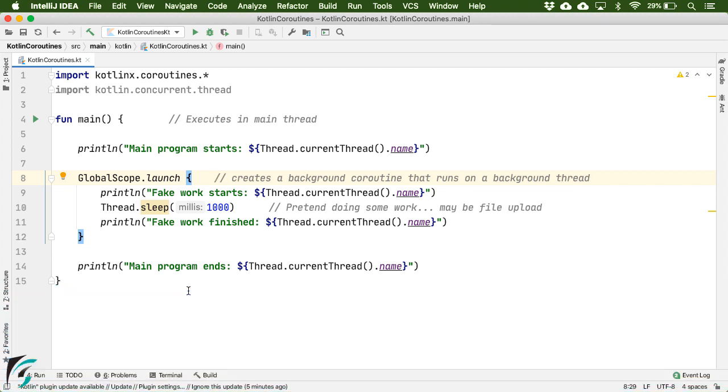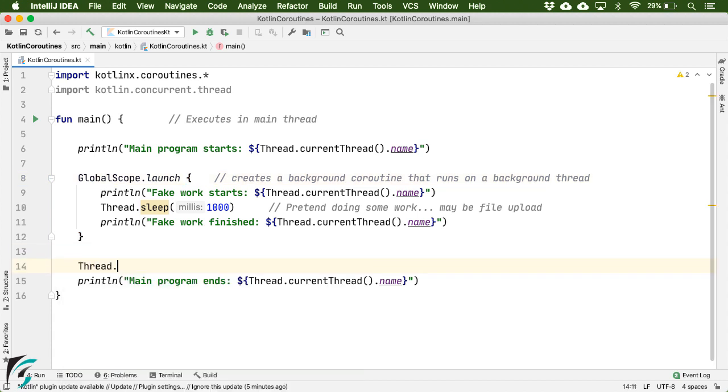Now the question arises, how can we make our main function wait for our coroutine to get its work done? Well, for this we need to manually make our application wait for the coroutine to finish its work. So right here you can add Thread.sleep and use 2000 milliseconds, which is actually 2 seconds.